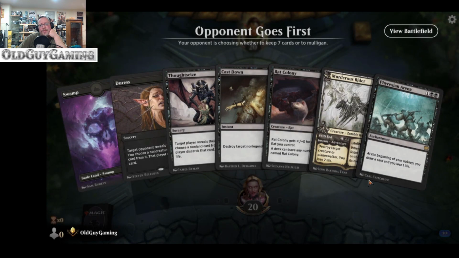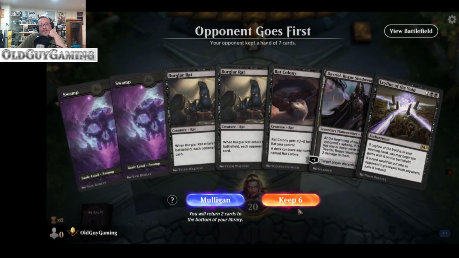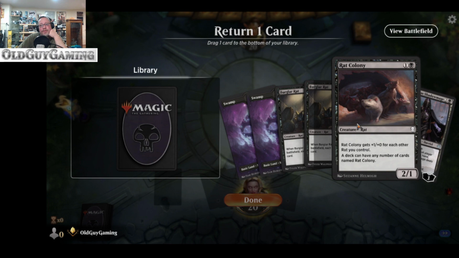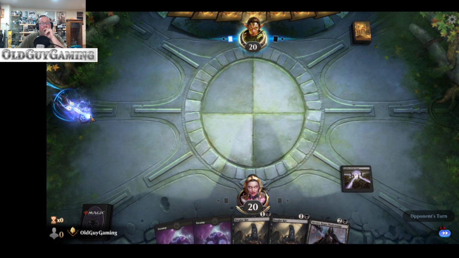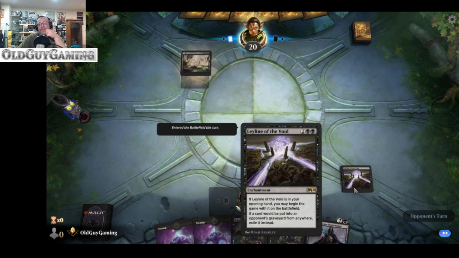You know, like 1 mana. I'll keep. We'll draw. No, wait. If I can keep, if I keep. Let's drop Rat Colony because if it's in my opening hand, I can actually start with that on the board. I was going to say I might as well go with that. I almost pitched it, but I'm like, wait, this is the one chance I actually get to put it into the...